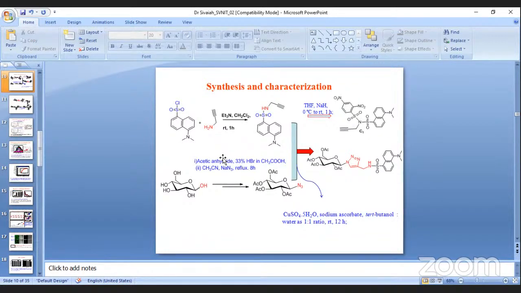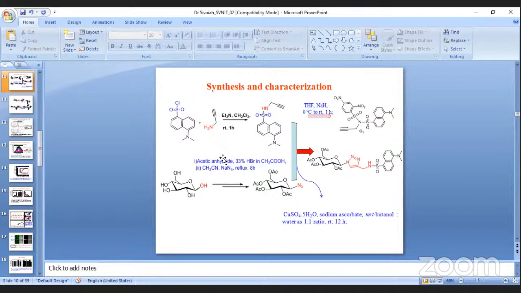Triethylamine acts as a base in the dichloromethane solvent at room temperature for 1 hour. So it will give the dansyl conjugate. Okay, that is one step. In the second part, I started with the glucose, and initially I protected all the